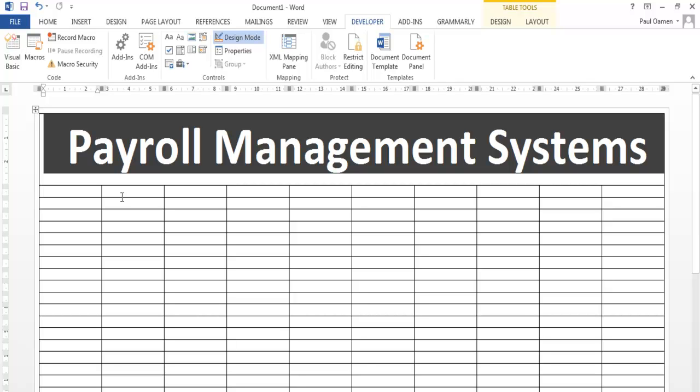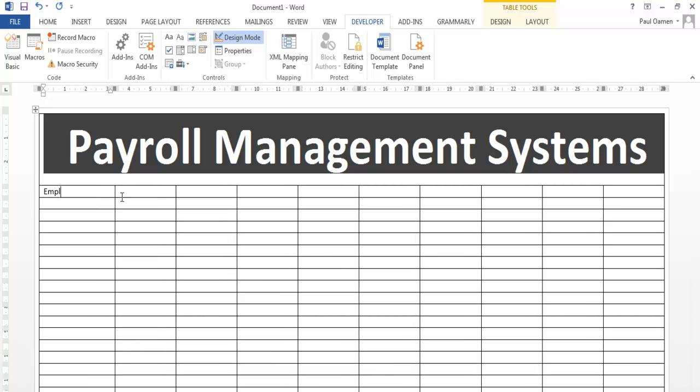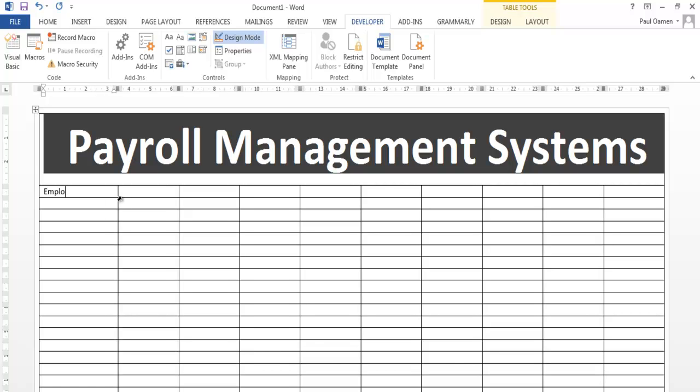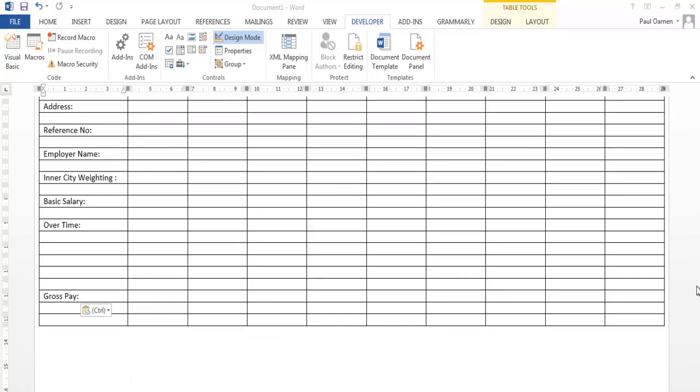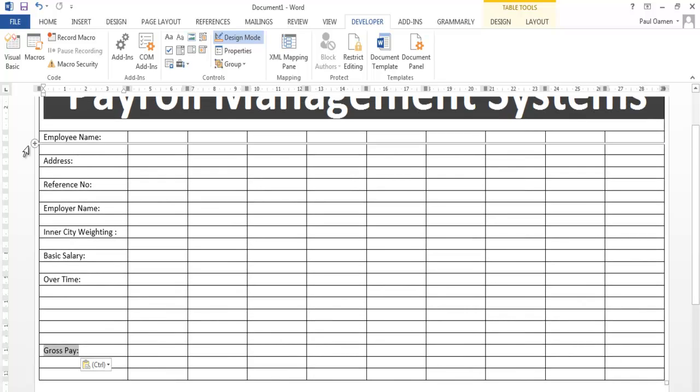Okay, there I'm going to enter a label that will say employer, employee name there, and maybe right underneath let's enter address. Come here, enter reference number. Okay, you may have to speed that up. Let's speed that up. Okay, the first column is taken care of, so maybe we just need to make it